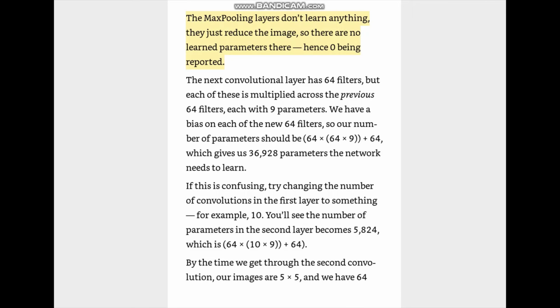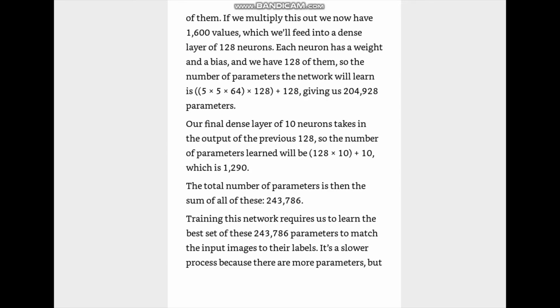By the time we get through the second convolution, our image is 5 cross 5, and we have 64 of them. If we multiply this out, we now have 1600 values, which we'll feed into a dense layer of 128 neurons. Each neuron has a weight and a bias, and we have 128 of them. So the number of parameters the network will learn is 5 cross 5 cross 64 cross 128 plus 128, giving us